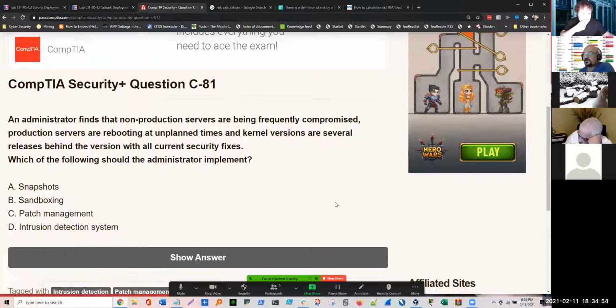An administrator finds that non-production servers are being frequently compromised. Production servers are rebooting at unplanned times, and kernel versions are several releases behind the version with all current security fixes. Which of the following should the administrator implement? Geez. So patch management,